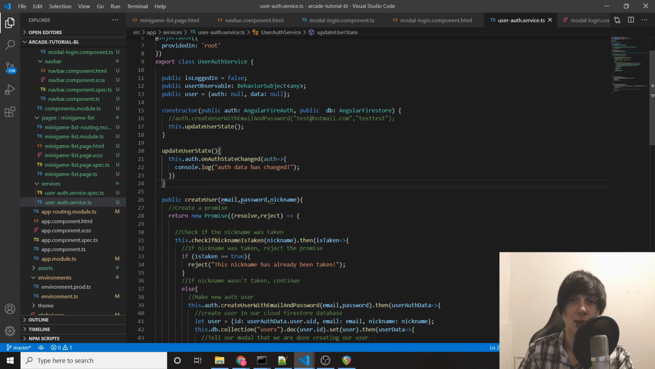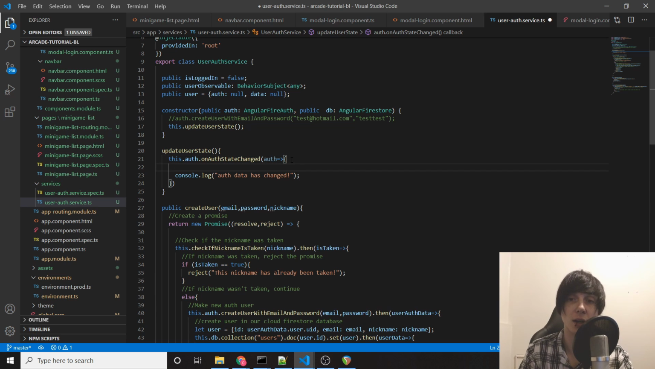So we logged in and it knows what our auth data is. So now if we were to log out, it would trigger this again. However, we don't want to just console.log something. We want to actually do stuff with that information. So